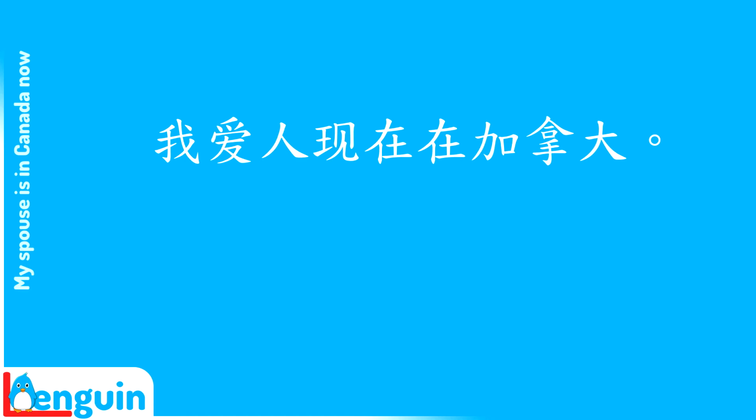What's the word for now? 现在。 How do you say, my spouse is in Canada now? 我爱人现在在加拿大。